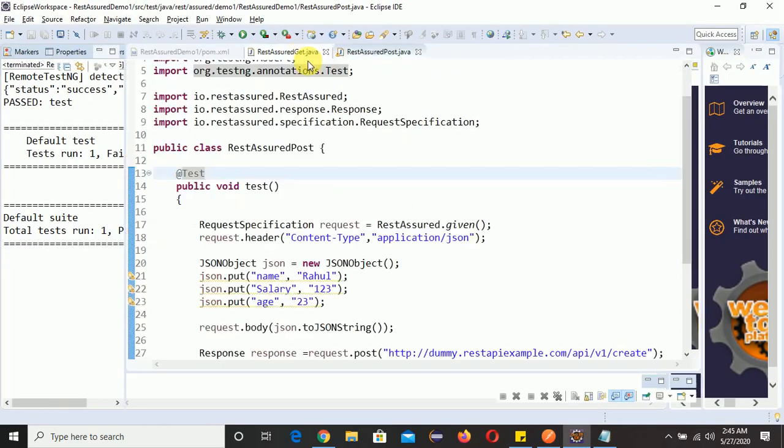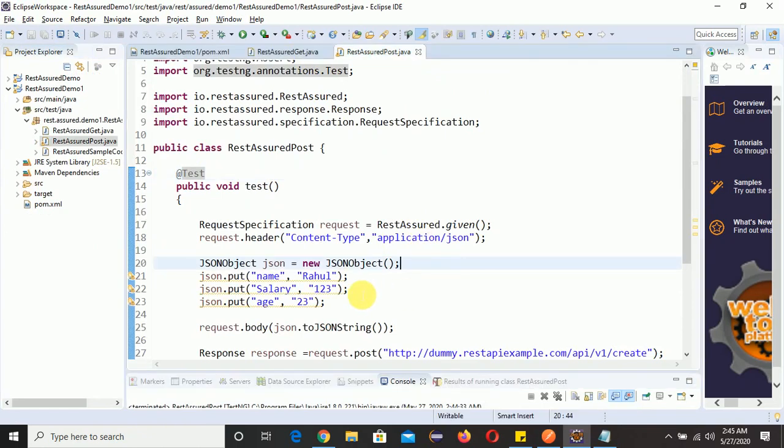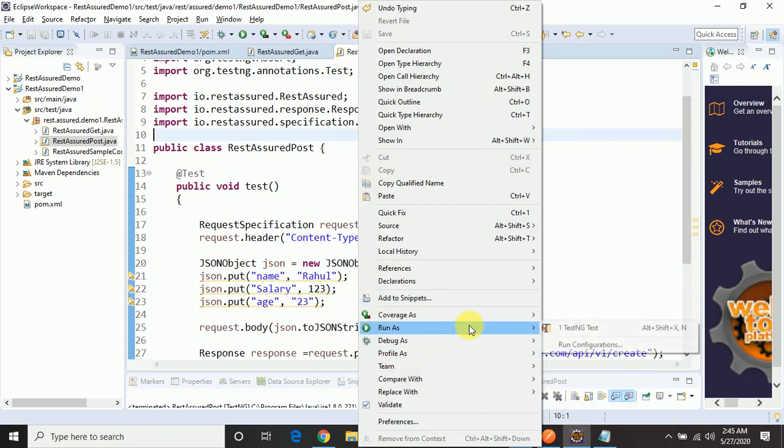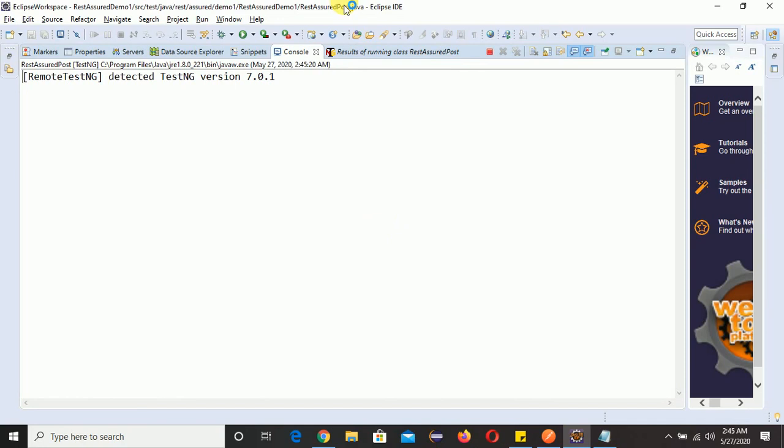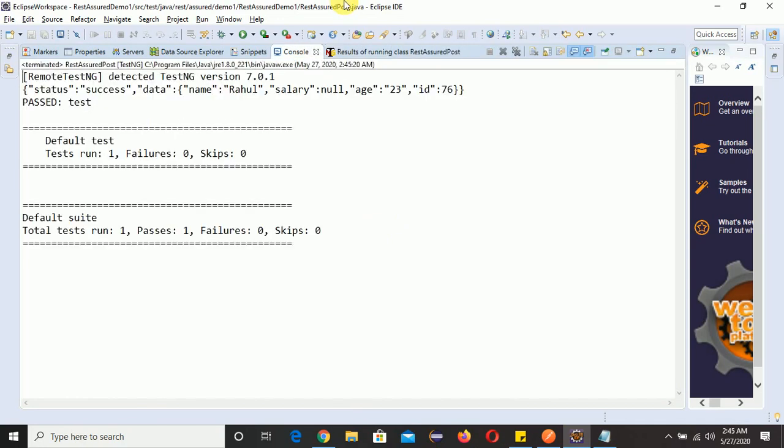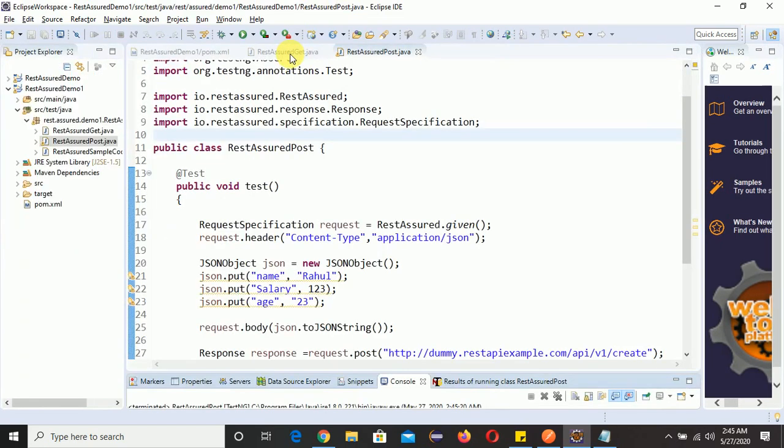For this salary maybe we need to do something here. I think we need to pass directly here. So let me run once again. Go to console. Salary is coming as null.